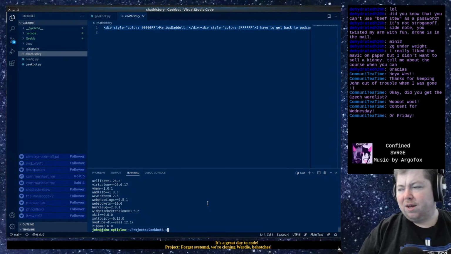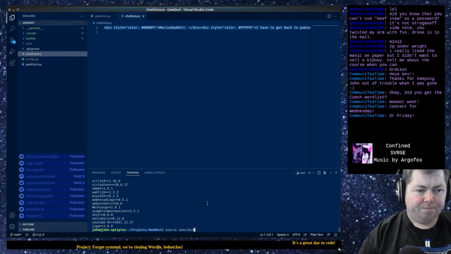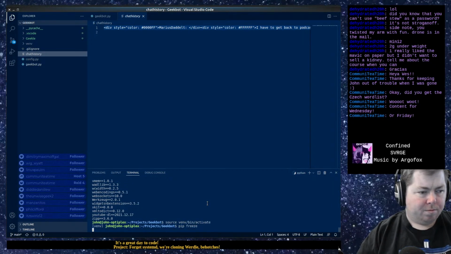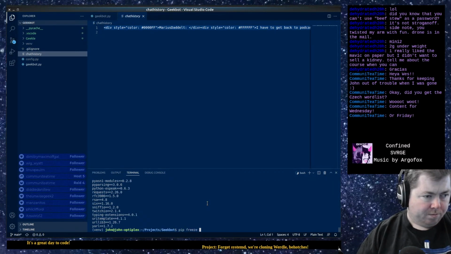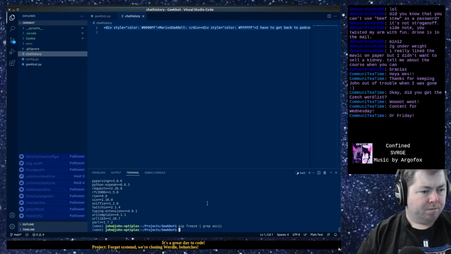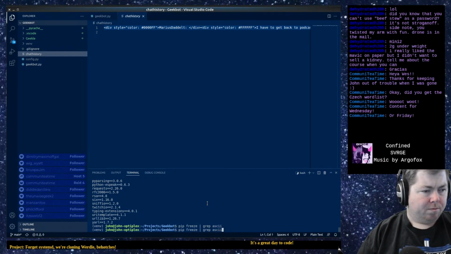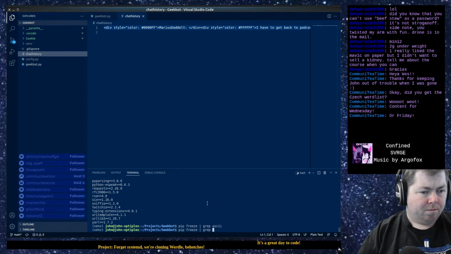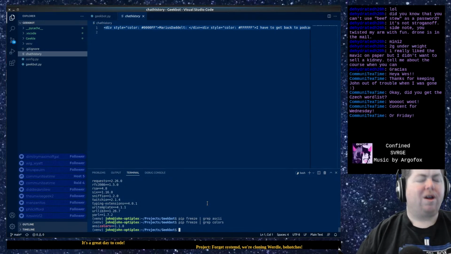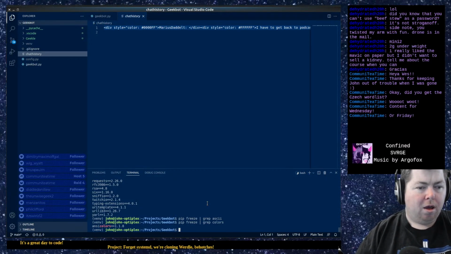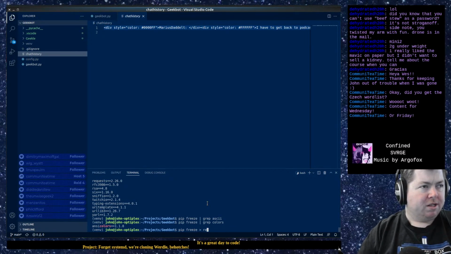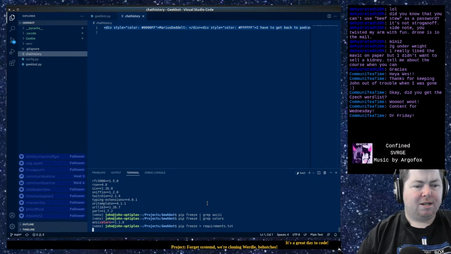I need to source the VM. Oh, ANSI colors, not ASCII colors, right. Cool, so that's good. So we're going to pip freeze. We're going to output this to requirements.txt.